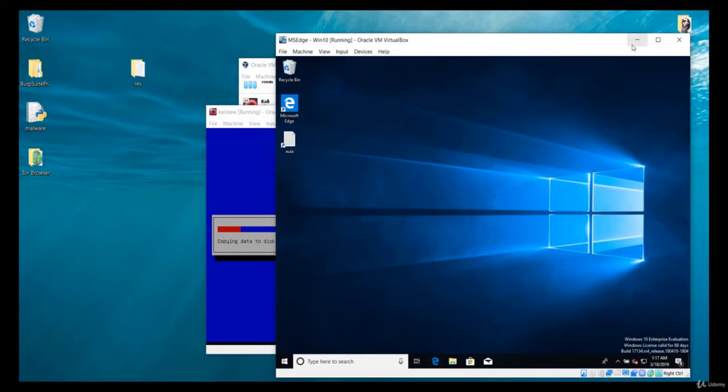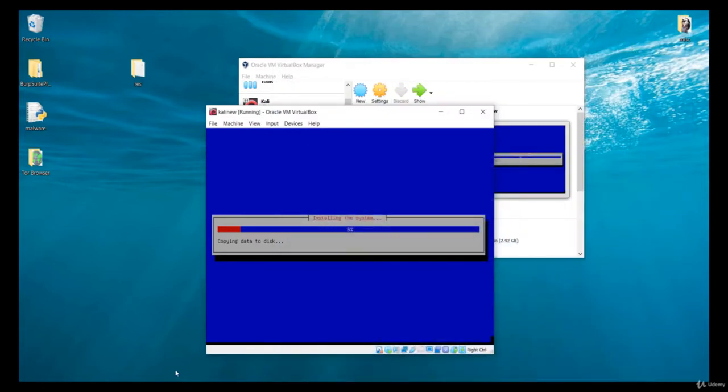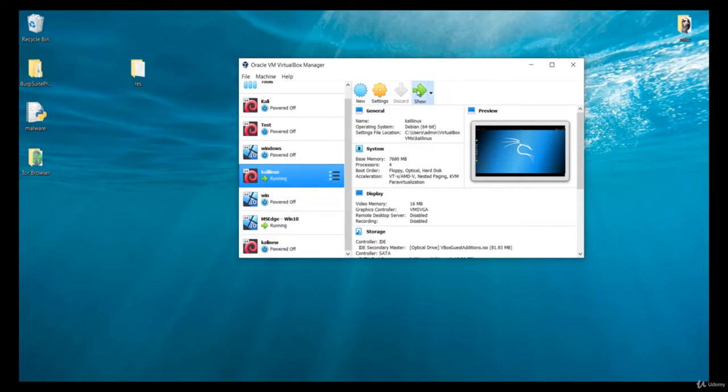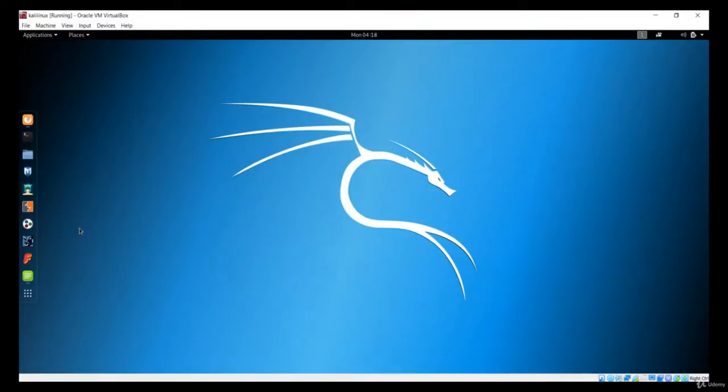So make sure that you install this Windows machine first, and you could see now we have installing this Kali Linux over here. So I'll just pause here and I'll just take you to the good stuff. So now after you just install or complete with the installation, it will just reboot, and just press now Kali Linux, because we want the Kali Linux. It will first ask you for the password. So make sure you just remember the password, the same password that we use while installing the system. So you had set that password, and just remember that password and just press here, and you will just get